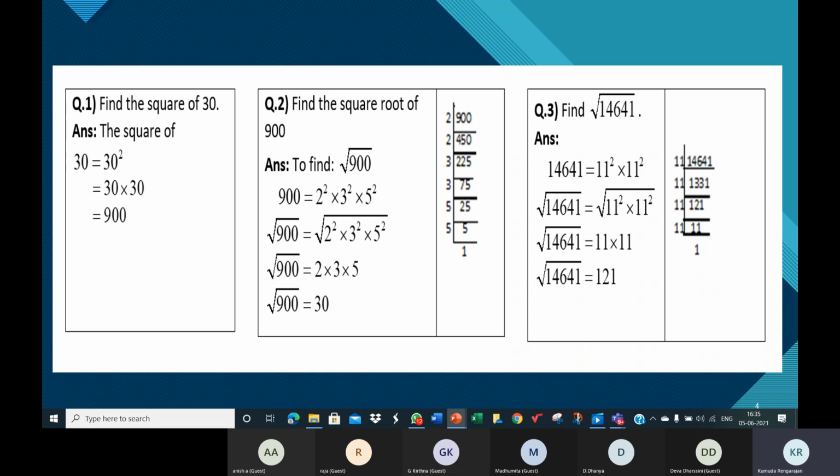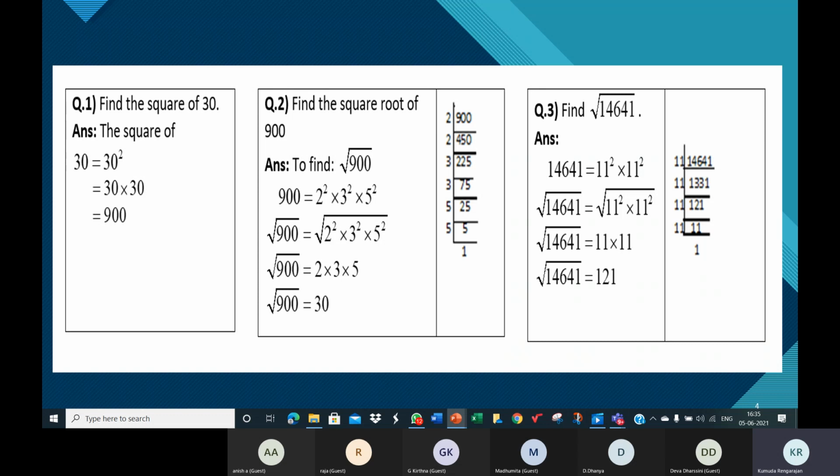But when the number is large, we prefer the long division method because the prime factorization method might be too lengthy. It might take a lot of time. It might be cumbersome. So when the number is large, like say more than 10,000, I can't say definitely, so maybe more than 5,000 also, you could prefer the long division method. For smaller numbers, you can use the prime factorization method.